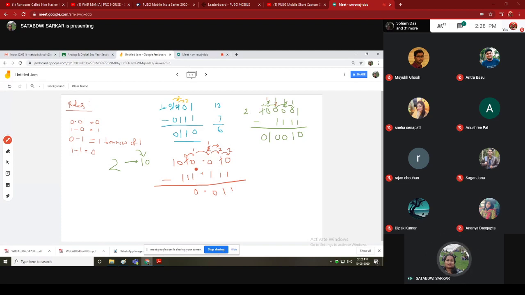Okay. So now we have to borrow 1 from the left side. So from here we have to borrow 1. 1 means 2, and here now we have value 2. Actually we borrow 1, but the value is like 2. So 2 minus 1 is 1, and here the value is already 1. So 1 minus 1 is 0, and here is also 0, because we have borrowed this 1. So it is also 0. So this is the result.